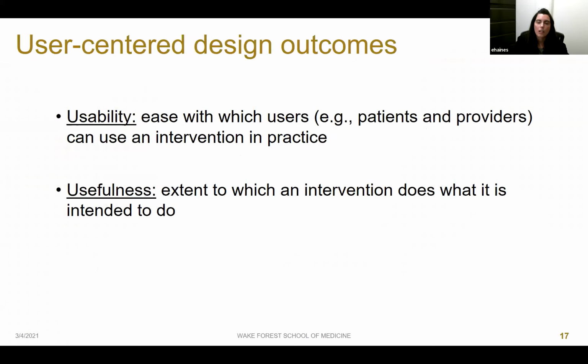So two primary outcomes of interest in user-centered design are usability and usefulness. Usability is the ease with which patients and providers can use an intervention in practice. And usefulness is the extent to which an intervention accomplishes its intended goals. And I'll talk more about these outcomes when I talk through my case example, but I did want to note here that